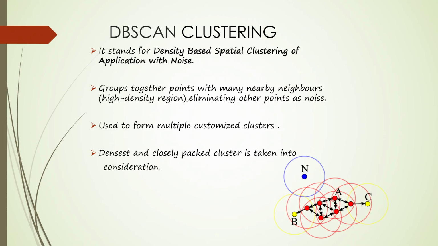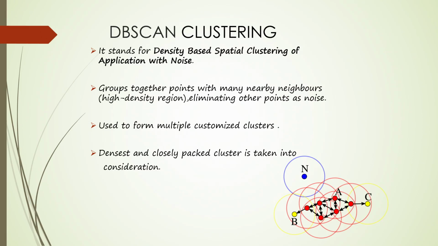So you group together points with many nearby neighbors and eliminate all other points which are considered as noise, and this is used to form multiple customized clusters, and the densest and closely packed cluster